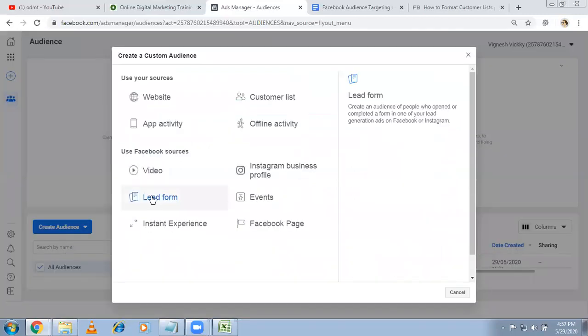Lead form. So you already know that in Facebook ads, there is an option where you can run lead ads. When you're browsing, suddenly one image ad comes. When you click, it will become bigger or it will go to the website. But when it comes to lead forms, it will ask your name, email ID, phone number, and some other options. So the advertiser directly gets the leads. If you already run this kind of ads and you got a bulk of leads, and you want to target them again, this lead form option will help you a lot.